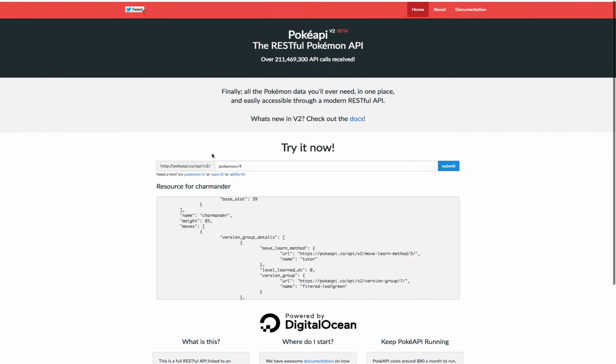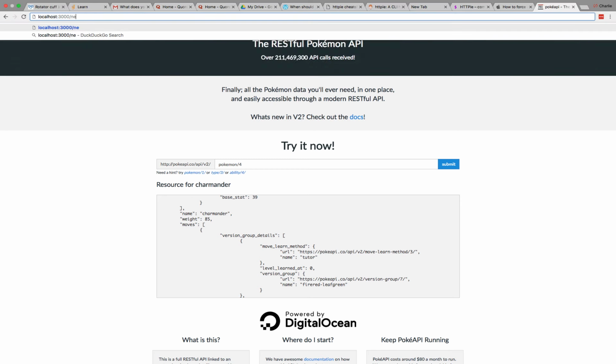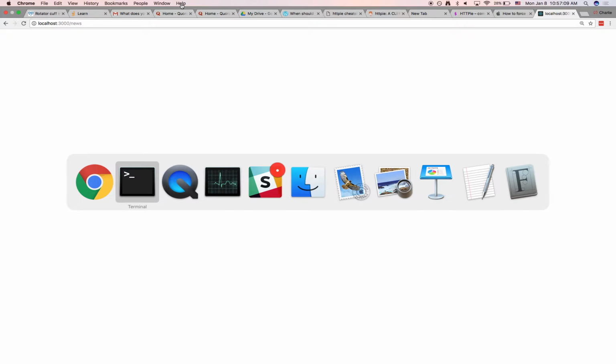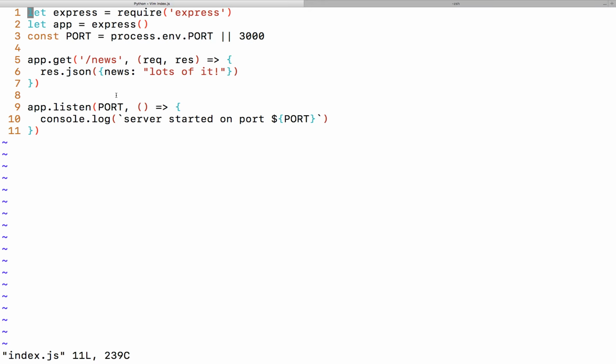Then we could go over to our web browser and we can say localhost 3000/news. And then we'll see that. And what I typed in is localhost:3000. I'll go into what localhost means in a second. But 3000 and the /news should look familiar. That 3000 corresponds with the port I set right here. And the /news is what connected us to this route right here. If we typed something other than /news, we would have gotten something different.